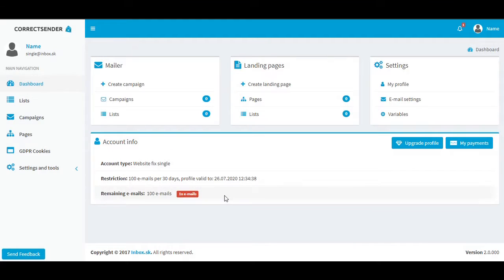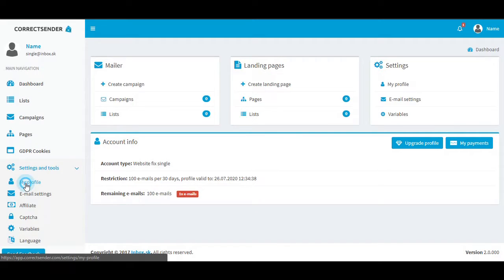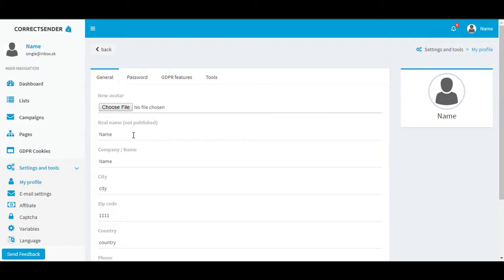This is the dashboard which you get after registration. Which is the important menu for you? First of all, settings and tools, my profile, and here it's necessary to set your profile. First of all, name,